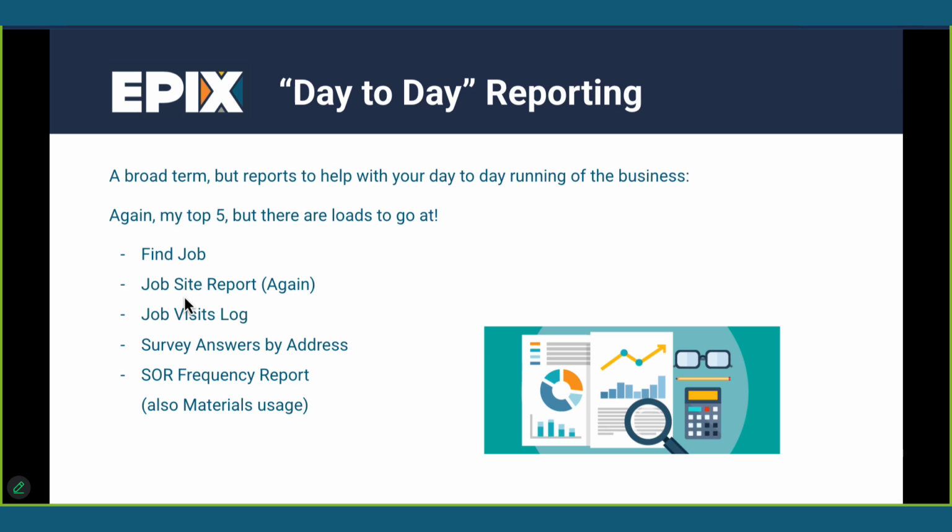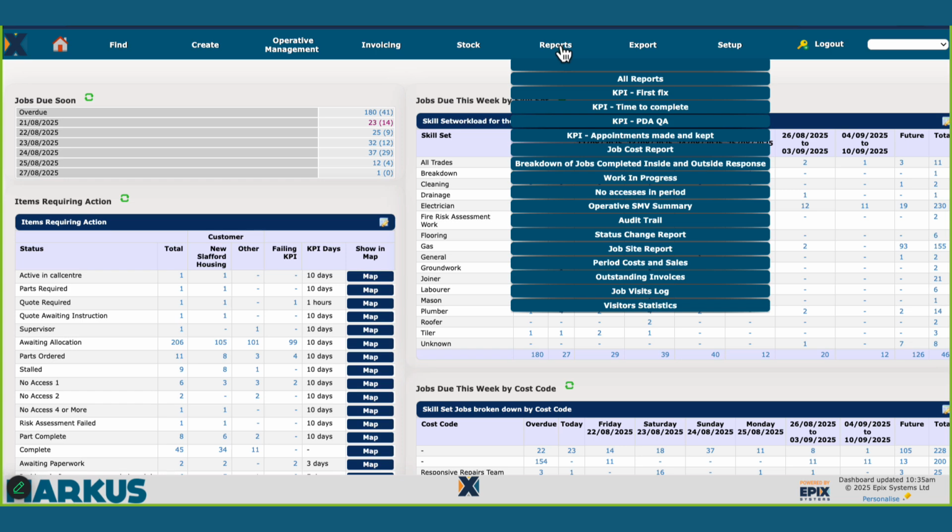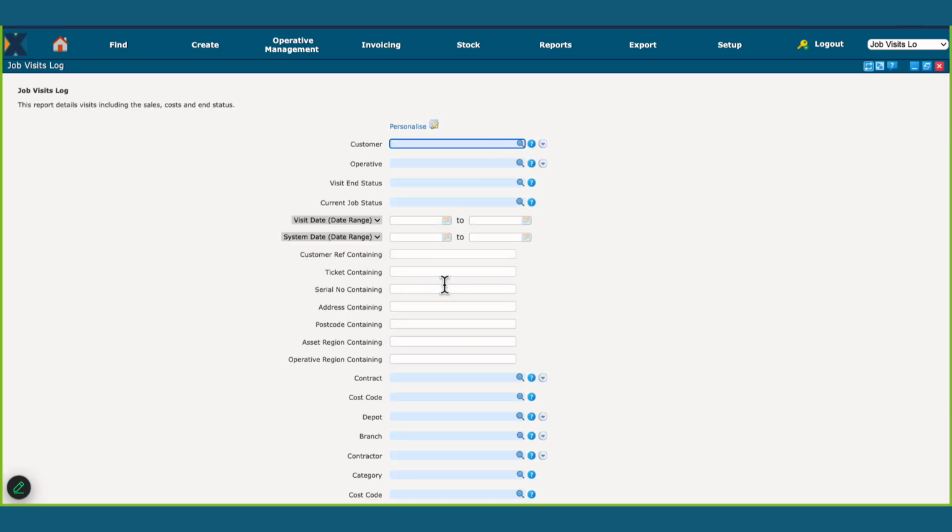We've also got the job visits log. That relates to engineers and what they might have done on site on a visit. So a visit is when they attend site. That could be once on a first time fix, or it could be 10 visits, 20 visits, 100 visits on a huge job. So it gives you a breakdown of who has attended and when. So if I do a quick demo of that one, because I think this is quite a good report, the job visits log. If I do a visit range of August,